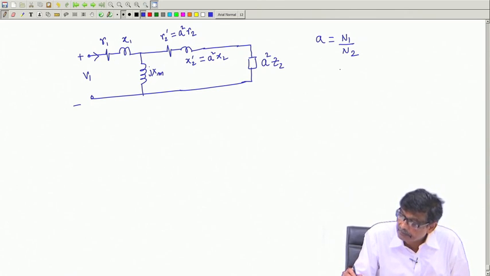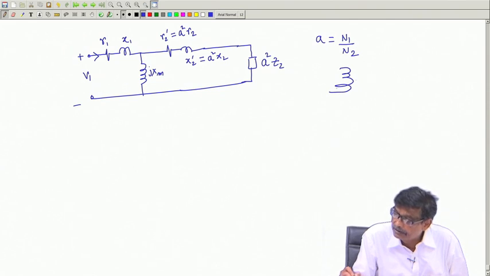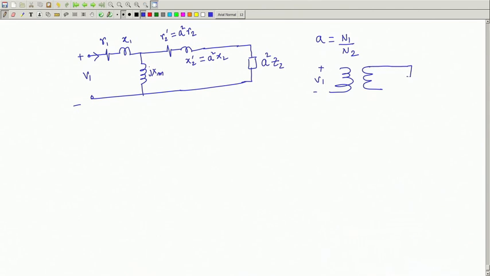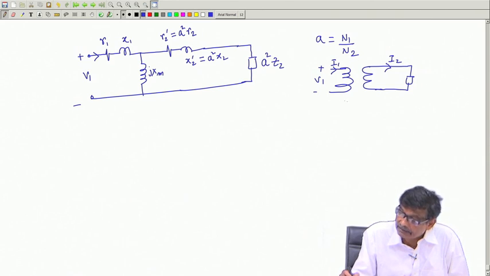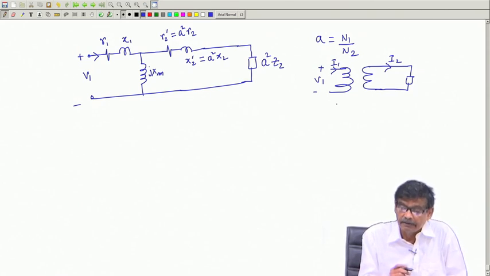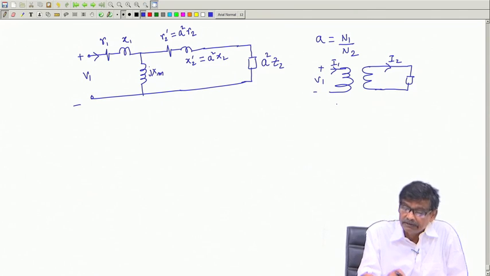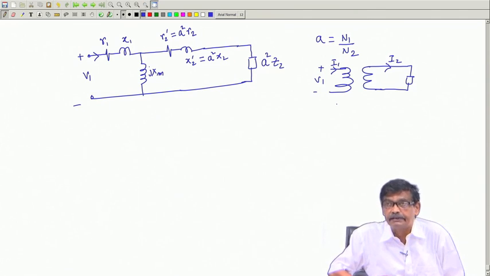What is the system? The actual thing, the practical transformer, is like this. You have applied a voltage V1 and here is your load connected. In this one you will never find these resistances and reactances present. Therefore, here is your I2, and that is what you will observe, nothing else. But this whole thing, the practical transformer, is modeled by an ideal transformer and these elements.